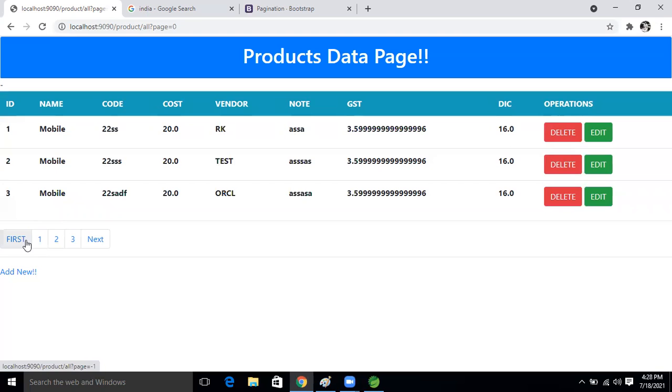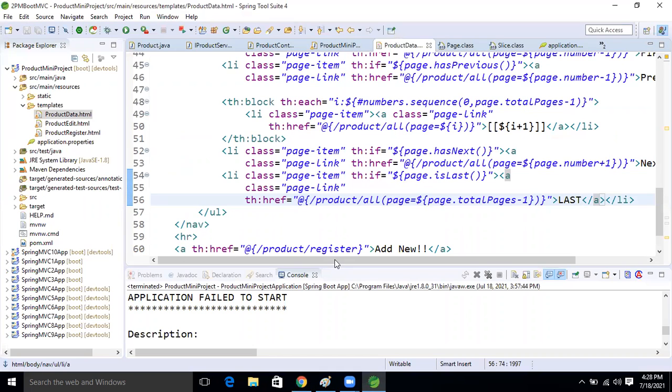Because it's coming rotation, right? First, because first is previous is coming directly. No, this is wrong. This is wrong implementation.